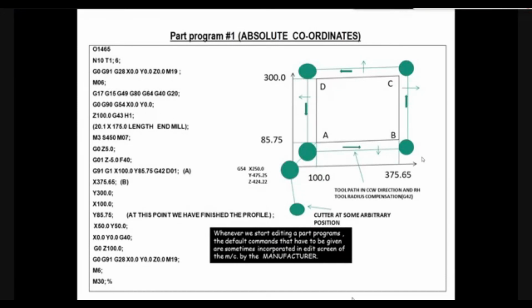They are very rigid. So to avoid accidents and collisions, the tool change activity is always defined at a point away from the workpiece and the operator. So G0, G91, G28, X0, Y0, Z0, M19: this line of commands will take the machine spindle to the highest and farthest position of the machine. There the tool change will take place when it comes across the M06 command given in the next line.